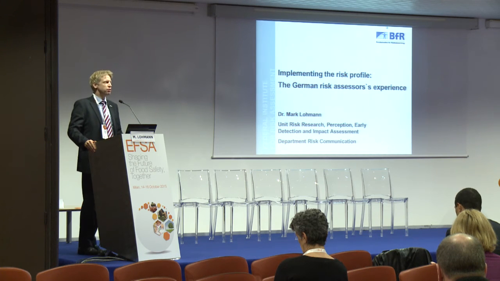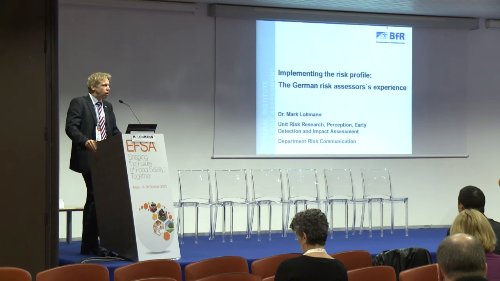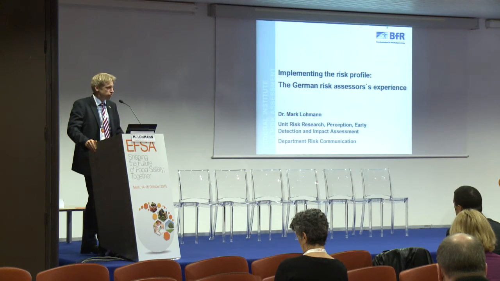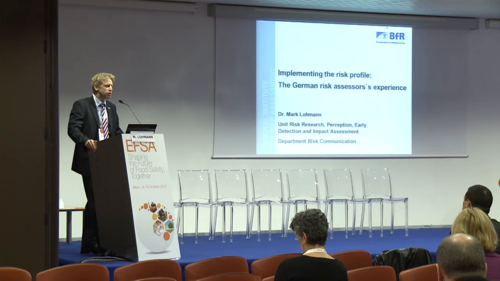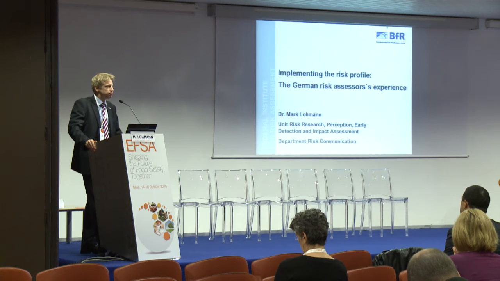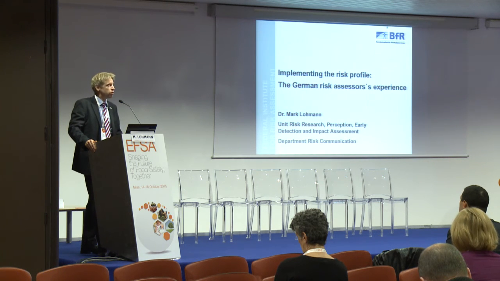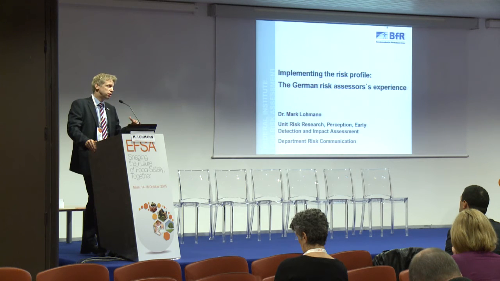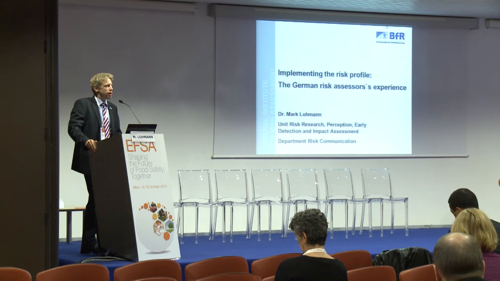And in general, risk communication has two major objectives. On the one hand, it has to increase the level of knowledge with respect to a certain risk topic and to improve also the intelligibility of scientific findings. On the other hand, it has to promote the dialogue with various stakeholder groups and the public in order to avoid misjudgment or to reduce the potential for conflicts. And as a consequence, all the risk communication measurements can be divided into one-way communication without having any feedback mechanism and two-way communication or so-called participatory measurements.